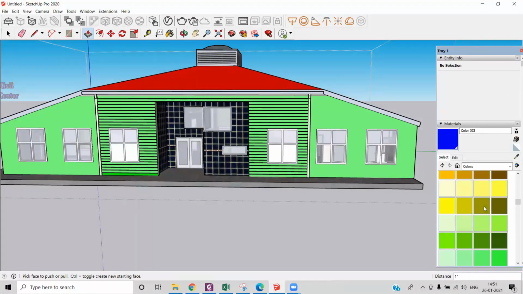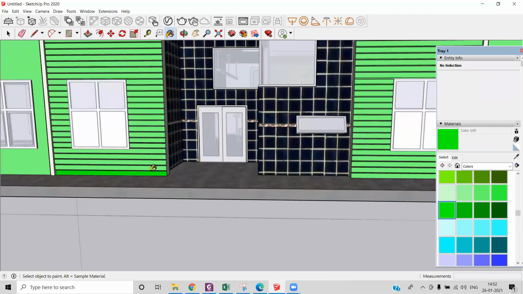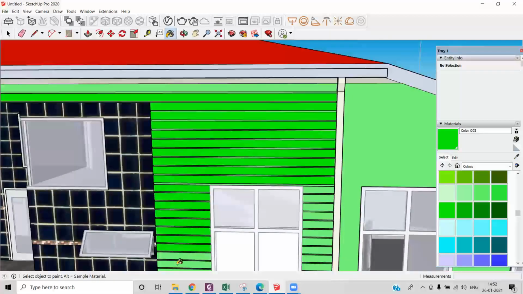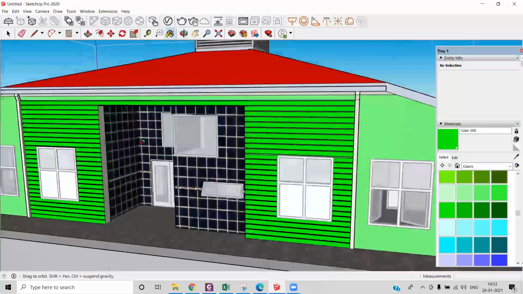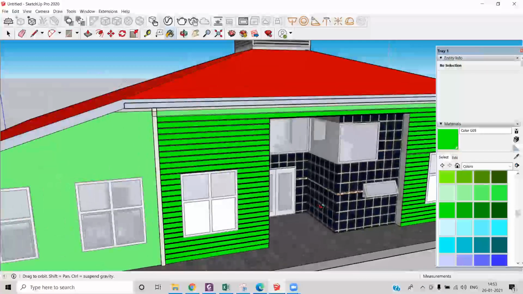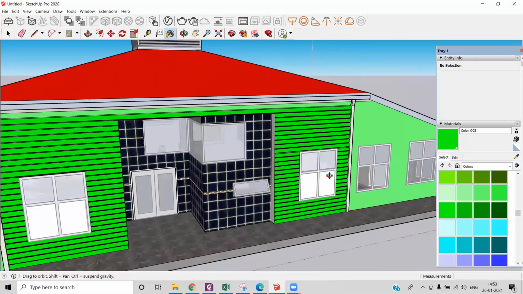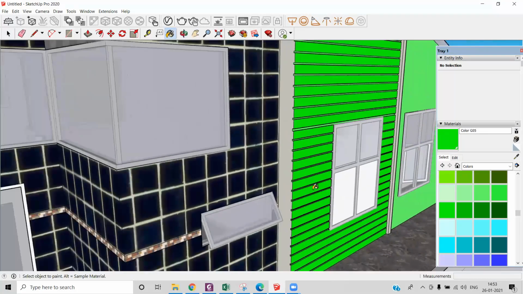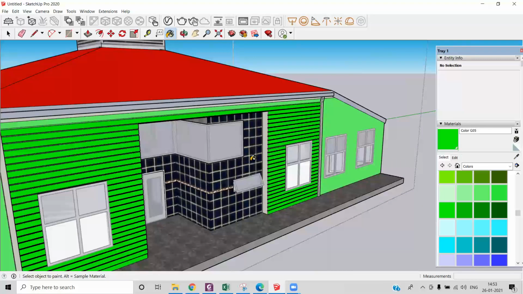Now if I want, then I can change the color. So I will go for a darker shade. So let's pick this one. So over here you can see our grooves are ready now. To get a better view, I will just go to the sides, and over here you can see our grooves are clearly visible. So guys, this was the way of making the grooves in SketchUp, and we will keep learning such tricks in our upcoming videos.